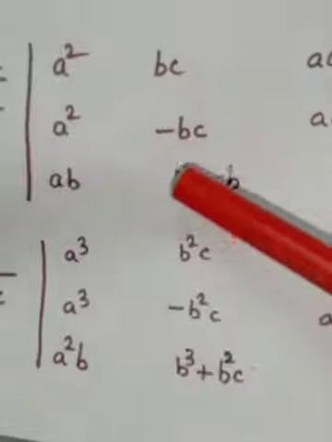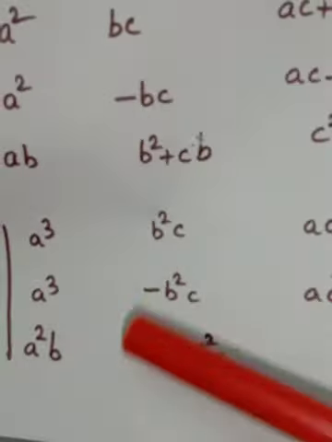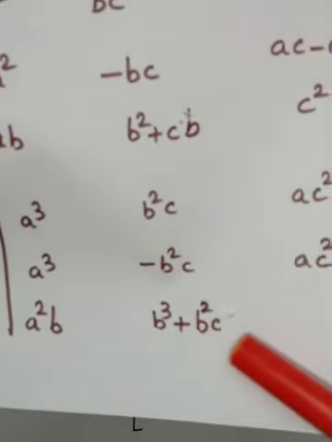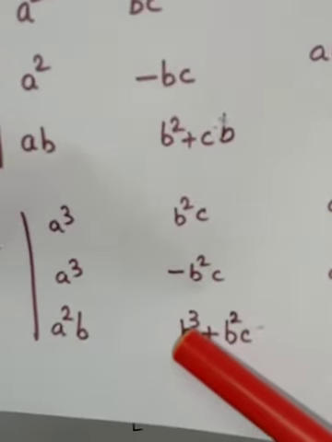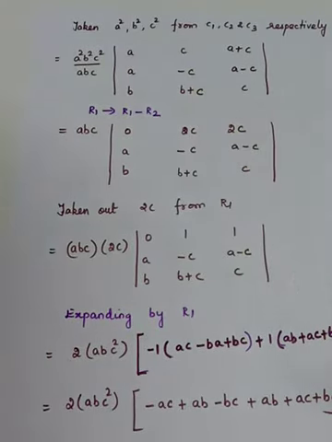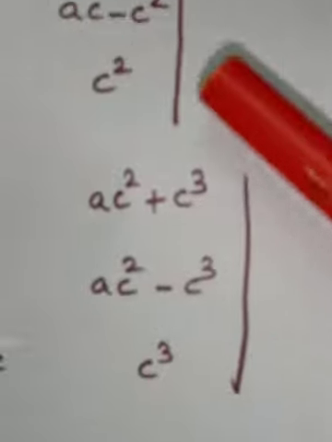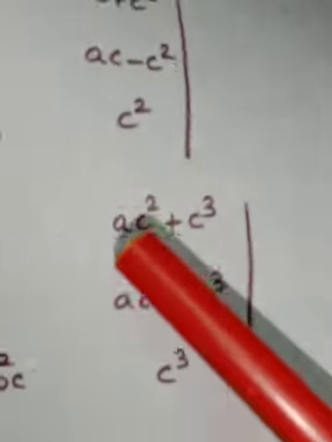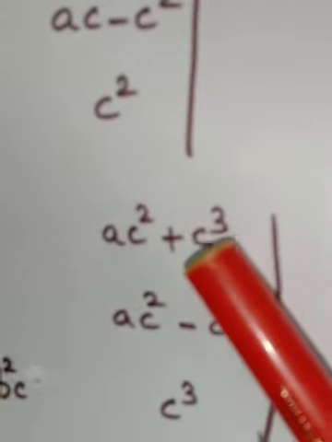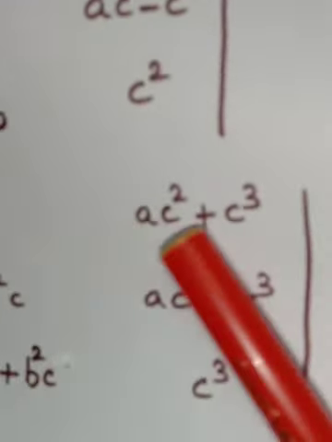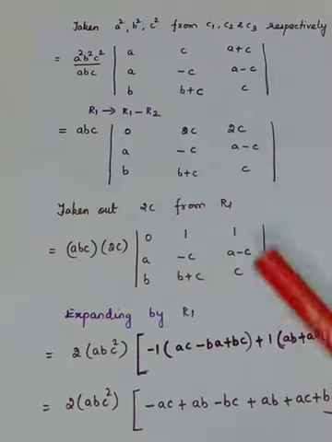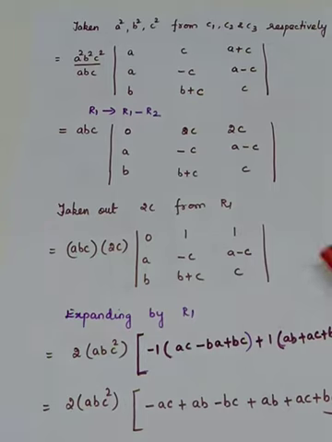In the same way, in column 2, what is taken out is B squared. So what is remaining? C minus C. And from these two terms, you are taking B squared out. Up here you will have B plus C. So B plus C is written. And from C3, what has to be taken out is C squared. So the first entry is A plus C. C cube, if you take C squared out, the remaining is C. From this also, A minus C. Here you will have C. So I have written.